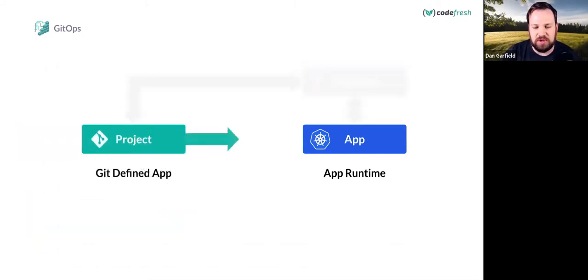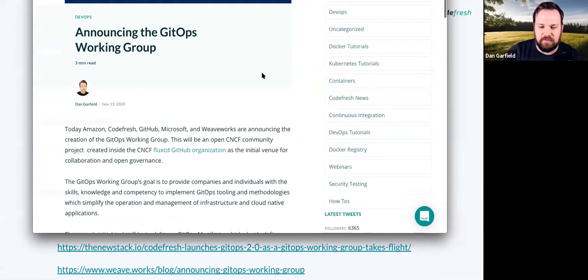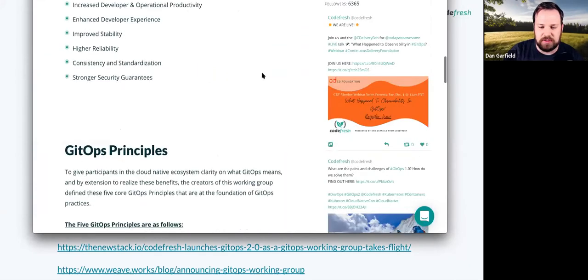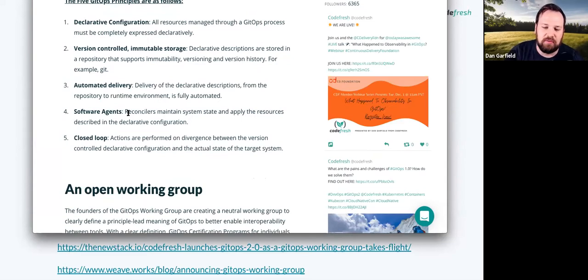If we go to the conformance, which does say that there need to be software agents, the longer definition around that, I'll pull it up here really quick, just so that it's super clear. So here in the conformance announcement blog post, when we talk about software agents, we're talking about reconcilers that maintain system state and apply resources described in the declarative configuration.